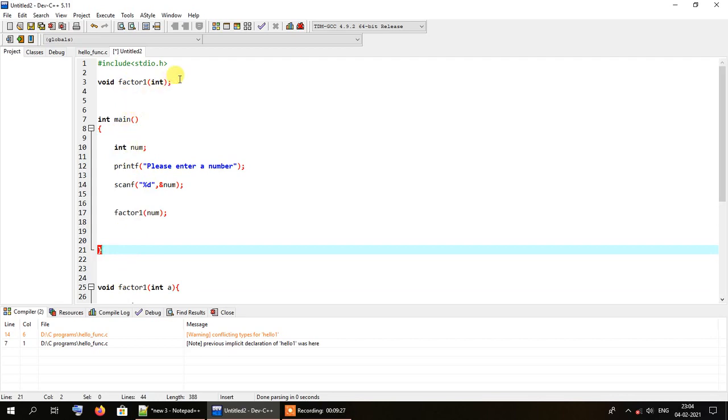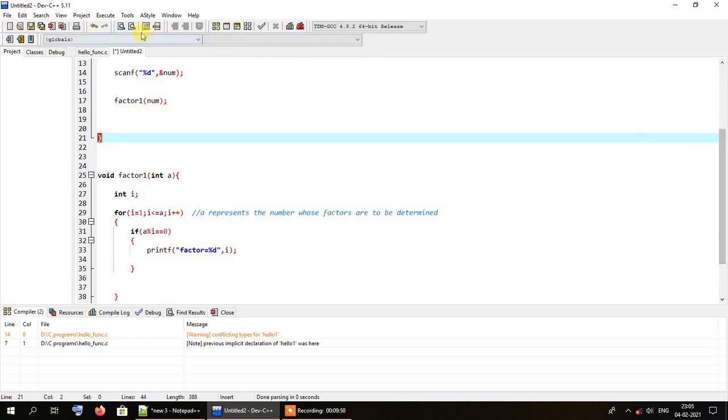So to be on the safer side, we are simply specifying the method signature above the main method. But had we written the factor1 function above main, that wouldn't have necessitated writing the method signature, because in that case it would have worked either way. I think we have finished with this.